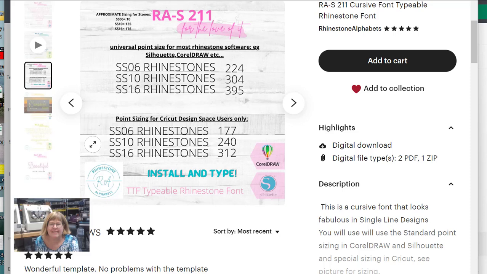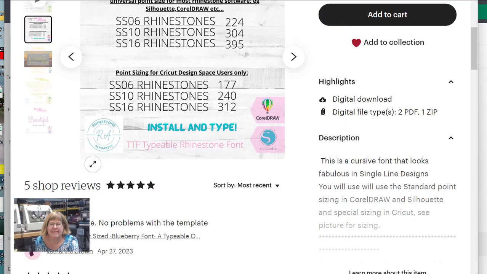And that can vary from 0.127 to 0.135, which is not a very big difference. You think it might be, but it's not. So we're looking for something that is going to make it easy for you to brush in the stones. And somewhere in the neighborhood of 0.133 to 0.135 is going to work just fine. So let's go ahead and go into Cricut, and we are going to look at the SS10 sizing of